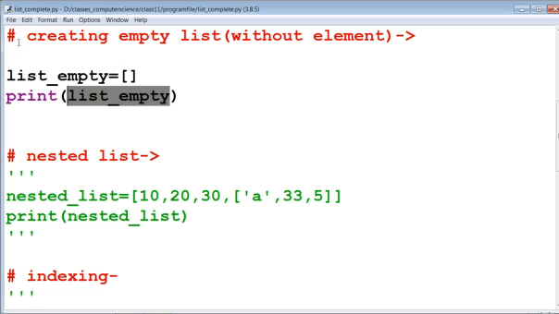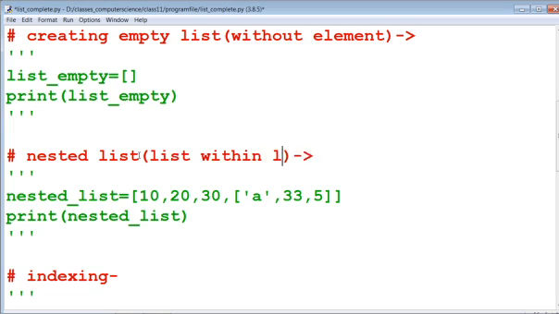Now the next one is the nested list. Nested list is a list within a list. As we have seen in the if condition and loop, nested loop, here it is a list within a list. This is called a nested list. Now to create a nested list, first of all we have taken a variable nested_list.